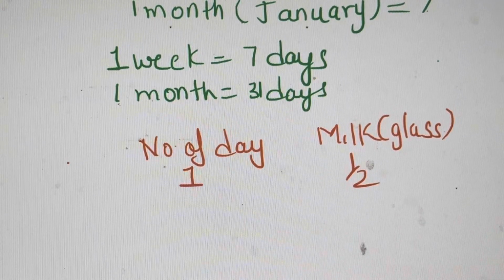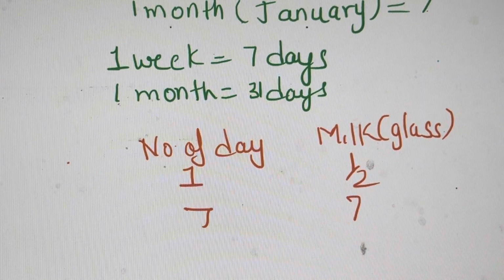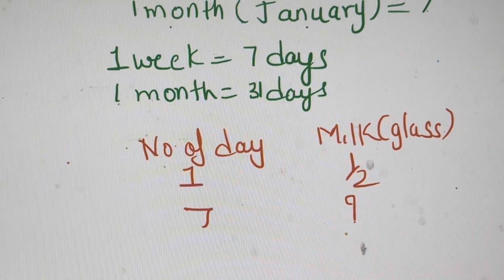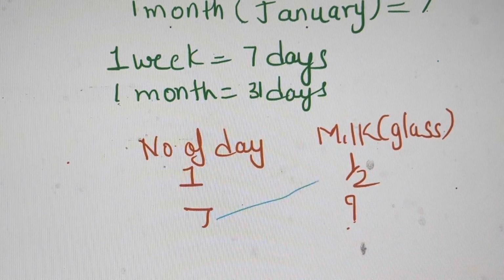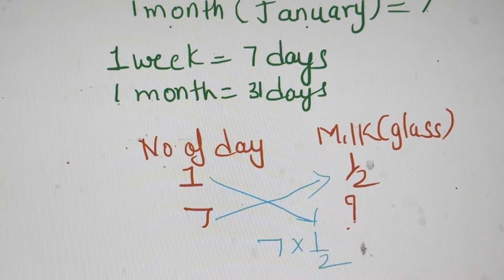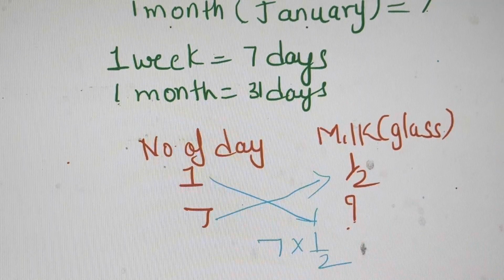So 7 days, how much? This we do with keyword method. This is a question mark. Let me do it properly. So we do cross multiplication. And when we do cross multiplication, these two are multiplied. One is going down. That means 7 multiplied by half. 7 multiplied by half means